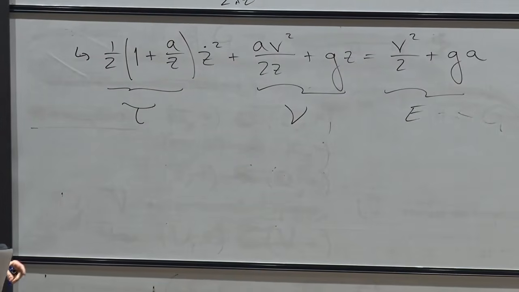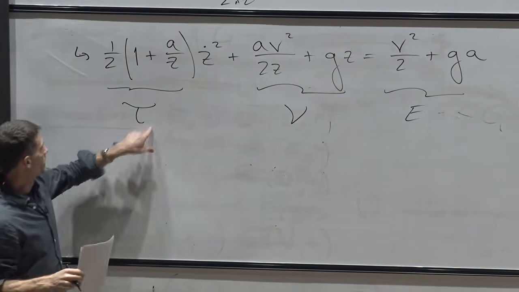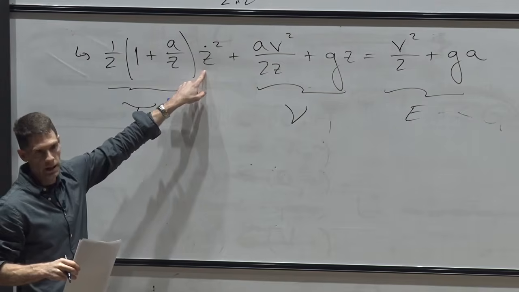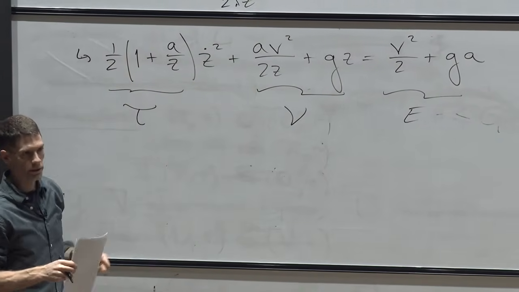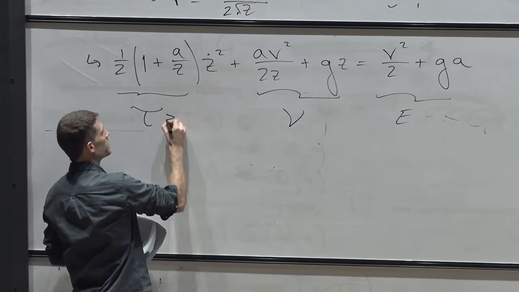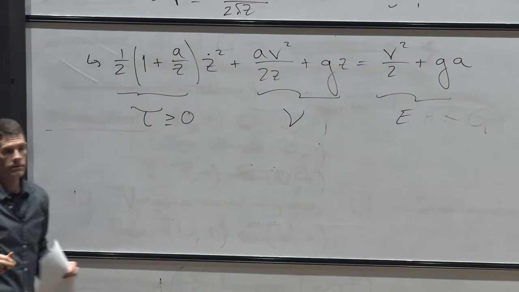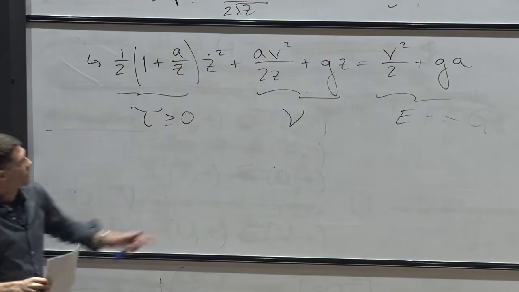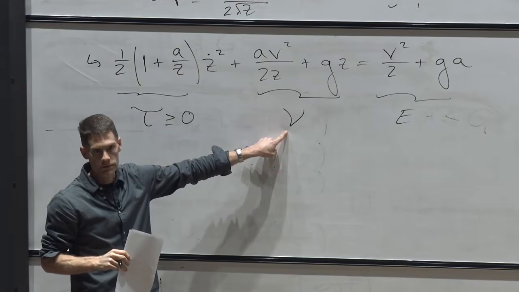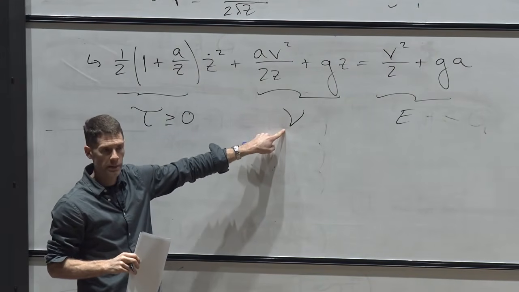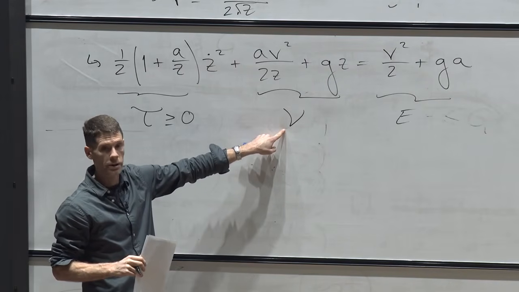And the key is that this has that kind of form where the T has kinetic energy, z dot squared, plus this kind of weird factor. But nevertheless, this thing is positive or non-negative. And this looks like a potential field. And so I can think about the shape of this and make some progress on what's allowed to happen with